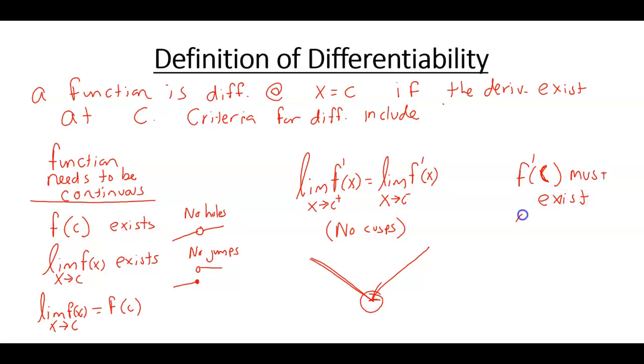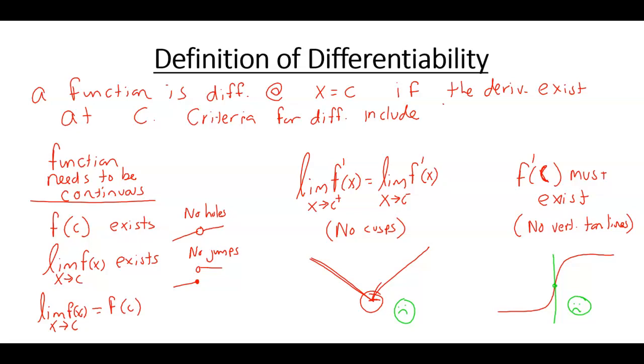Now, what that really means is no vertical tangent lines. If you have a function that looks like this, for instance, maybe right about here, it looks like we might have a vertical tangent line, and that's not allowed. A vertical tangent line means you have an undefined slope, and since the derivative is a slope, if you have a vertical tangent line, that means the slope doesn't exist, which means the derivative doesn't exist,